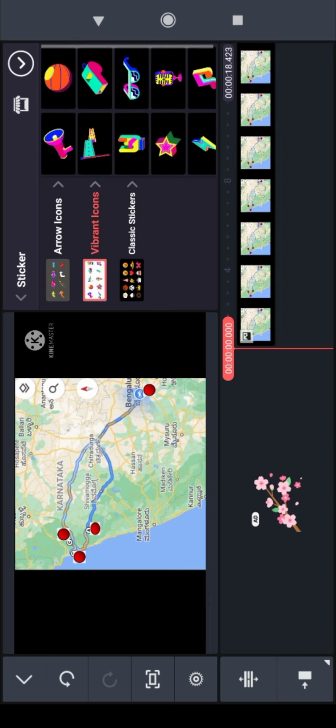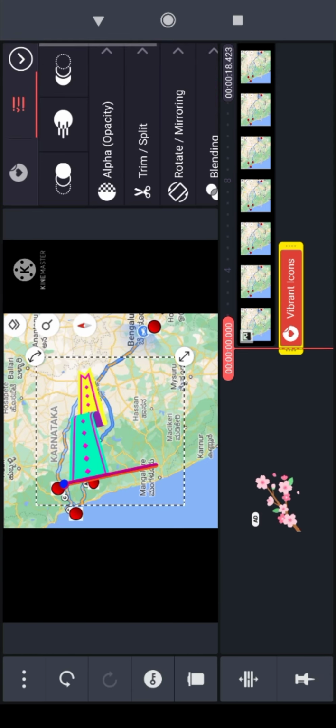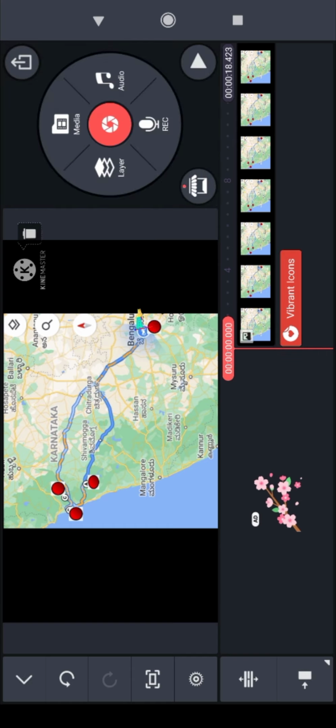So I will go to this icon and I find this flag. Okay, I got it, and I press OK, and I will make it smaller, and I will drag it near the Bengaluru red circle or red dot. Okay, I dragged it over there, and now click OK.